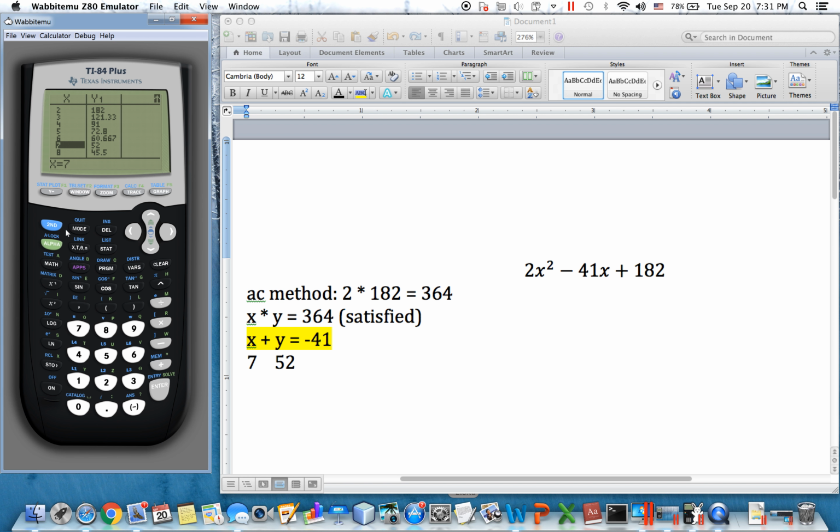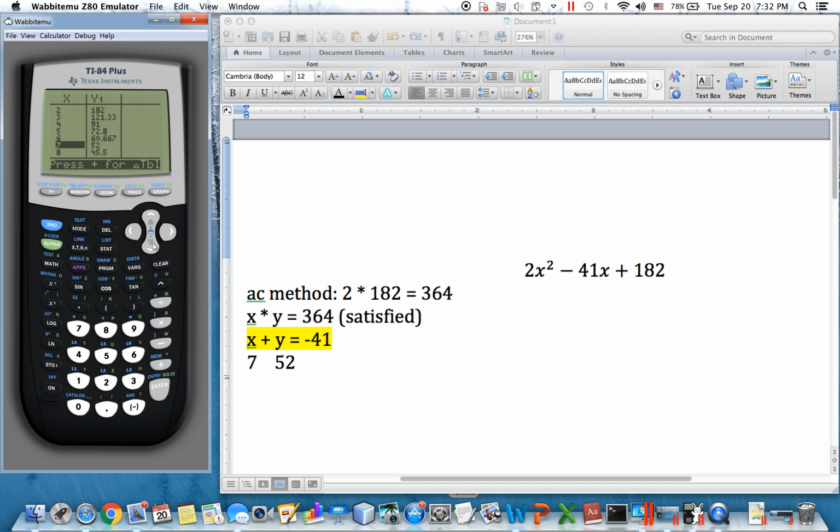So second first. You see the quit in the blue color, so we hit second first and go out. Now let's see, 7 plus 52 cannot give you -41, right? So check another trick, where both have to be negative. It's -59. It doesn't work. So I have to go back, hit second, and go to the table again.